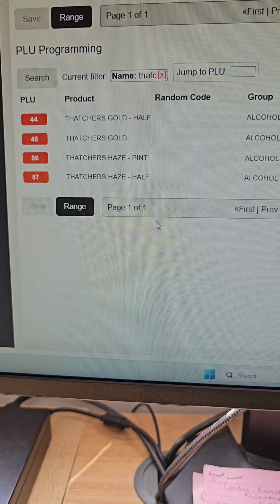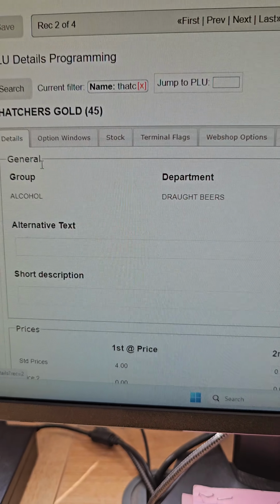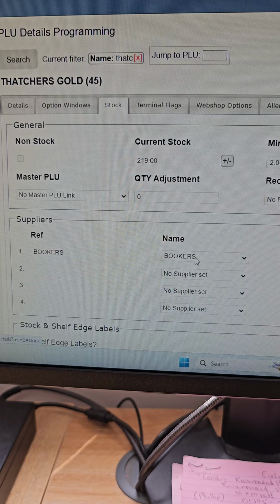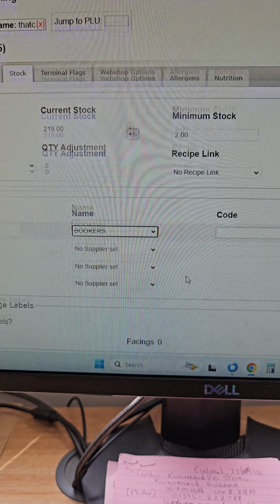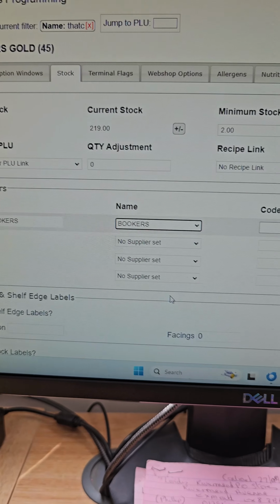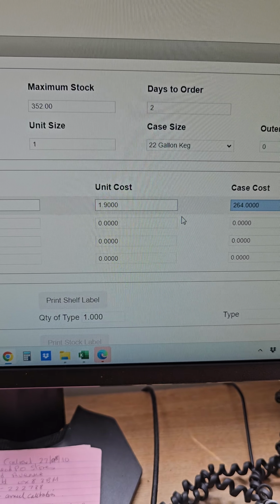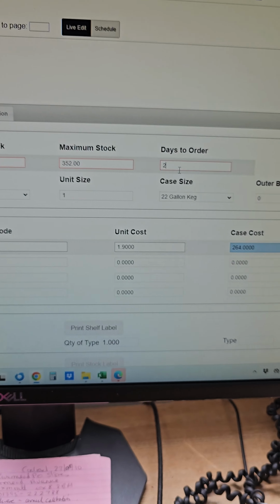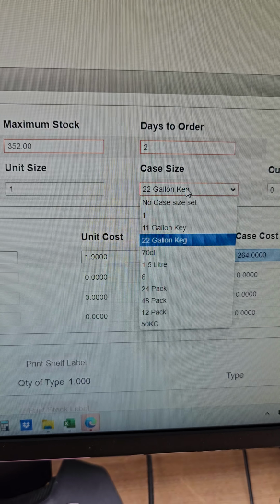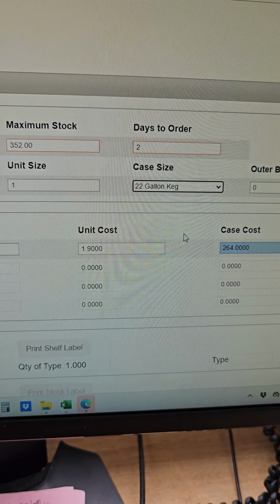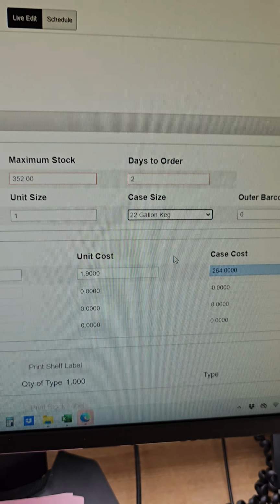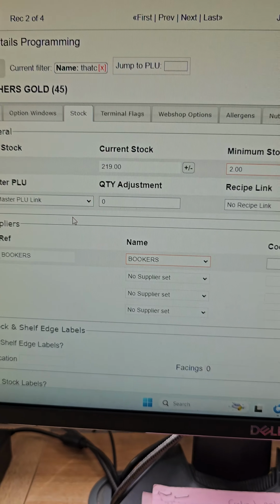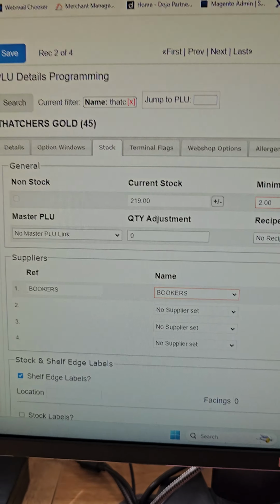So when you first create the product, so Thatcher's Gold, you would enable the stock tab here. You would link it to a supplier, so I've linked it to Booker's, but you can have up to 4 suppliers per product. And then we've got the unit costs here, which works out when you do ordering. You can set minimum and maximum stock levels, days to order. This is the case size, so I'm ordering in 22 gallon kegs of Thatcher's Gold or Carling or Madri, whatever it is. And you can do other things as well, like link sub PLUs to the master PLU